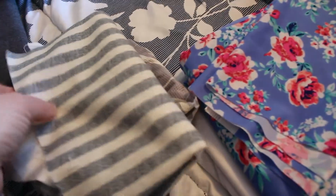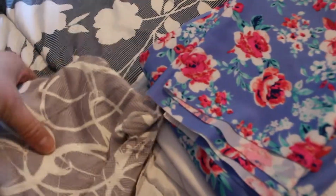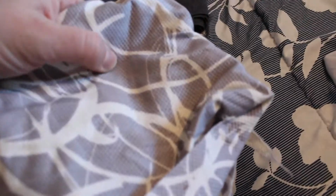Here I have some thicker cotton woven stuff. It's more like, this is kind of more of a twill, and when I say twill, I'm just referring to something that has a bit of diagonal fiber. So you can see there, it's kind of like honeycombed. So it is, I guess it's not a twill, but it does have texture to it. And these I use just the same as I would a